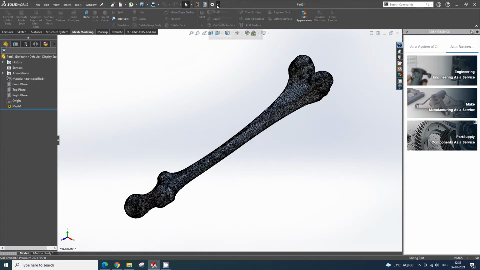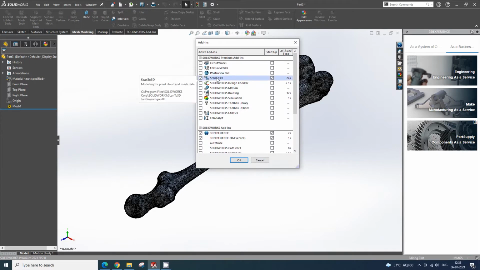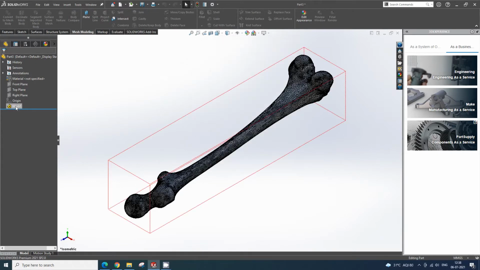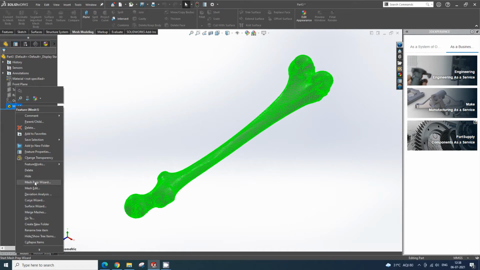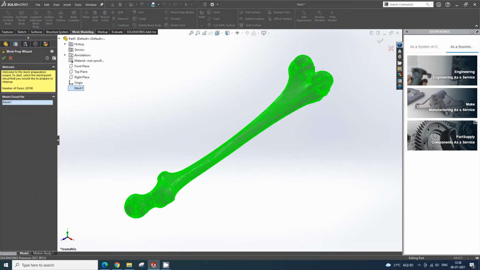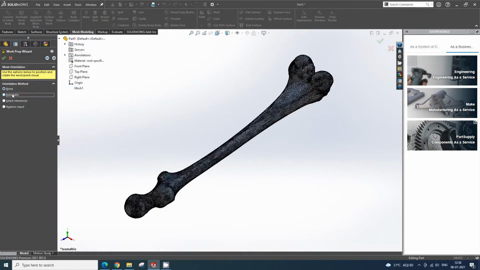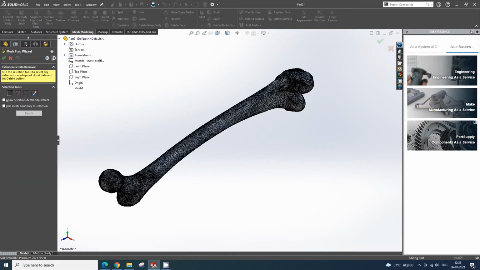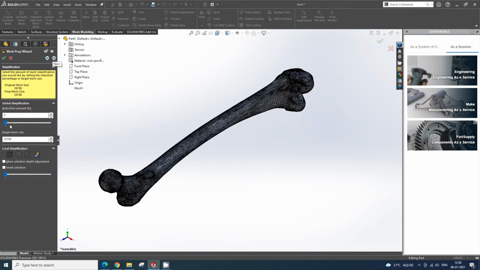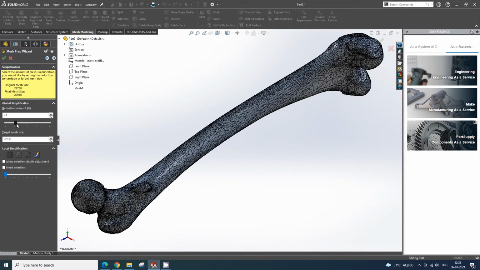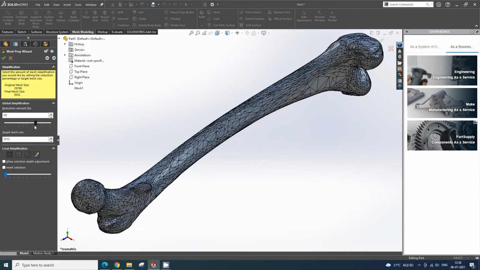We will see a mesh over here. Before that, you have to add in the Scan to 3D. Okay, right click and Preparation Wizard. So move forward, select automatic and move forward. Whatever we are doing here is completely on the meshing of the bone. So we are just giving a small smoothness by moving this slider. You can see in the preview how it is changed.